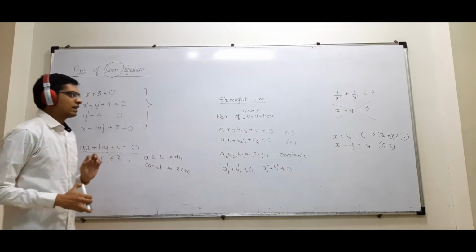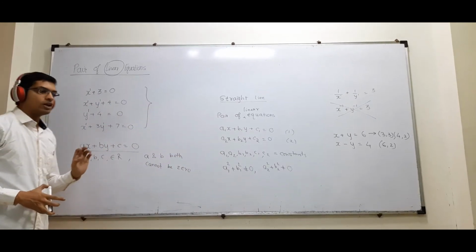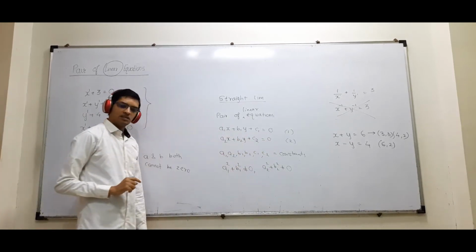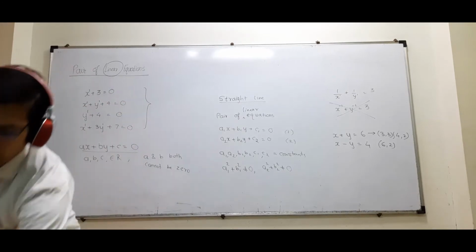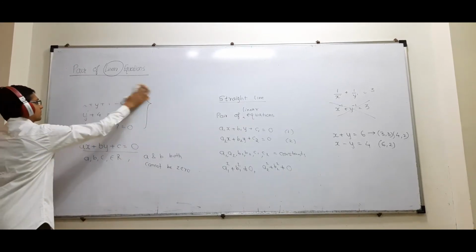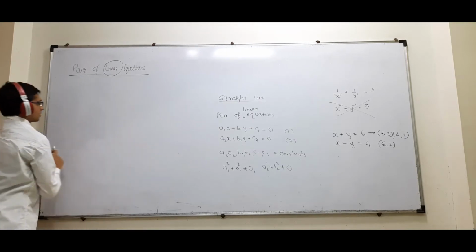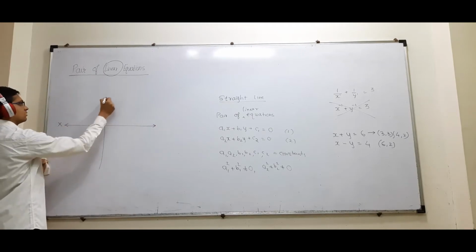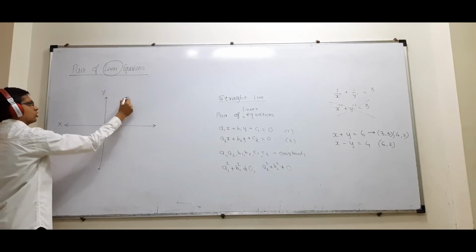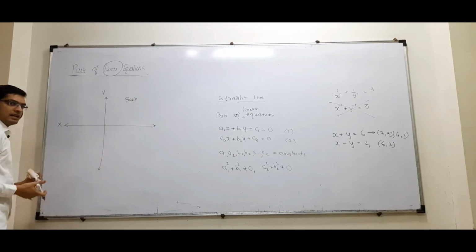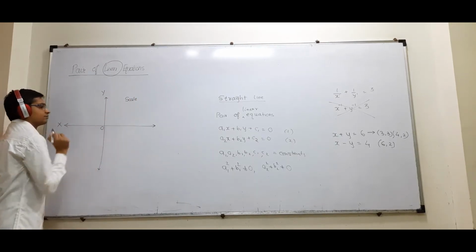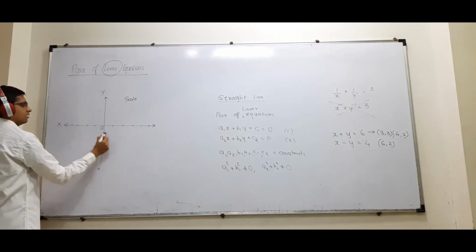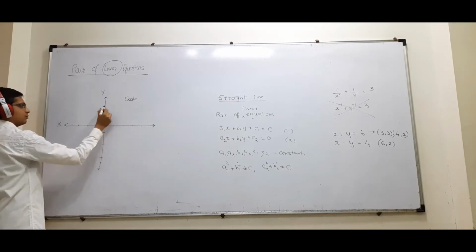Now we understand. We know that we can draw a graph of these equations. Some things you have to remember while drawing the graph. You have to properly label the x and y axis. Make them lines, x and y axis. Don't forget to mention the scale properly. These are the most important things that should be there. Then plot the points on x axis positive, this as negative, again this as negative, this as positive.